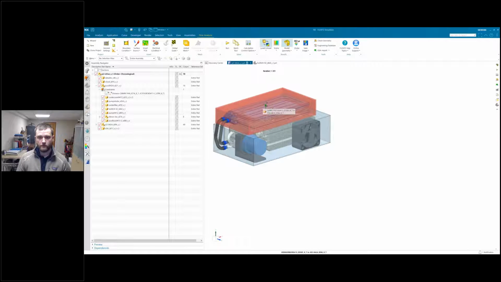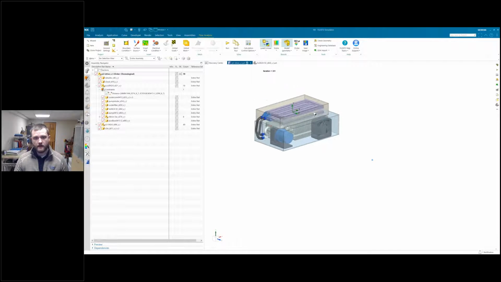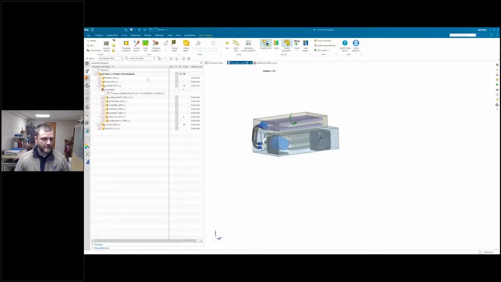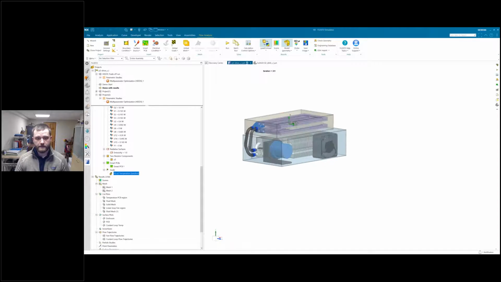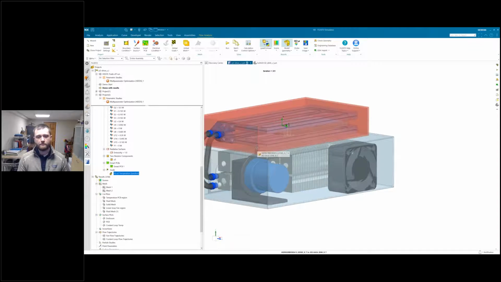In this case, we can define multiple goals for convergence. One of the first things that has been automatically defined is the temperature of the junction in the large IC. And we want to make sure that that temperature has reached a nice steady value before we consider this solution converged.